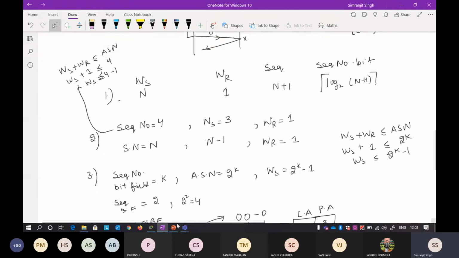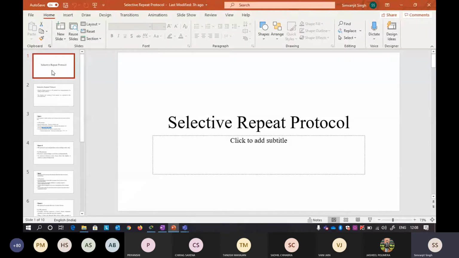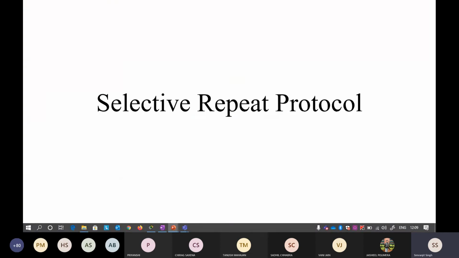Okay, so now based on the same lines that we have heard about SR selective repeat protocol, I'll show you what is the disadvantage of go back N. There are many advantages of go back N. First of all, it is the practical implementation of sliding window protocol. But in go back N, there are a lot of retransmissions. You may have heard when we did the question that every sixth packet got lost, you have to retransmit the whole window.